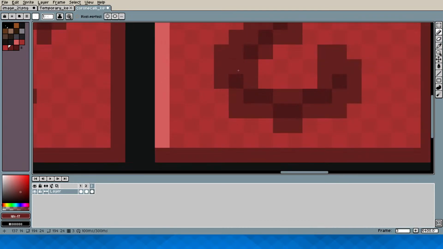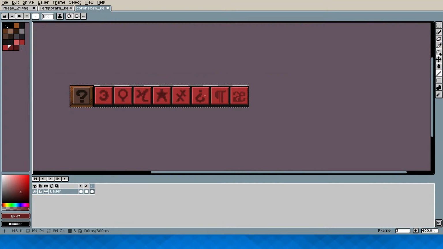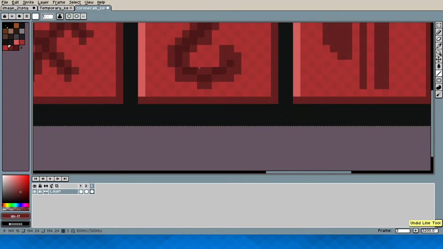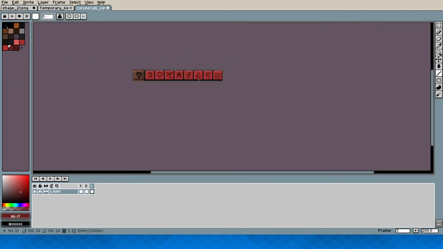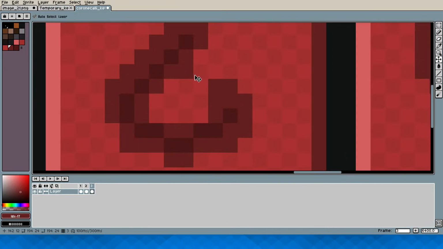Yes, this still looks wrong. Okay, I need to do a bit of tweaking here. Oh, no, that looks too much offset to the left. Okay, this actually does look better. Where did this come from? Did I accidentally add this? Alright. Oh, that's just part of the sprite.